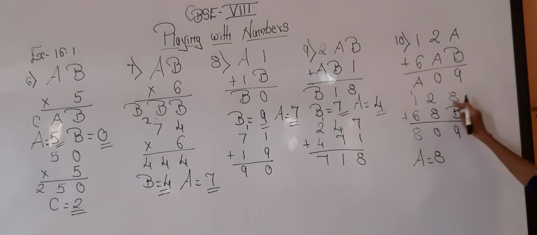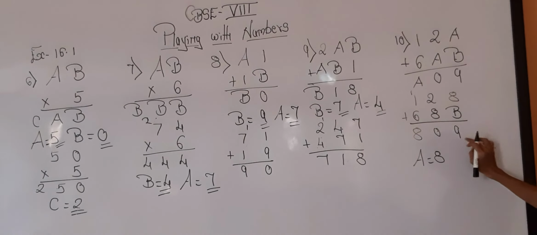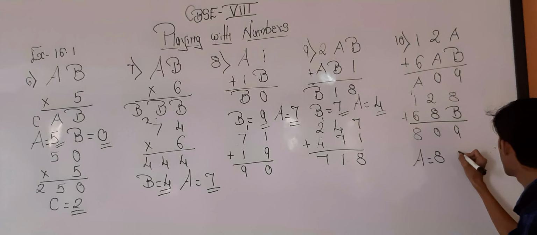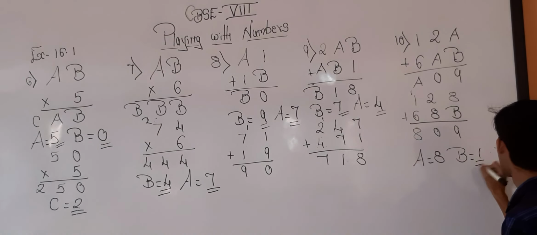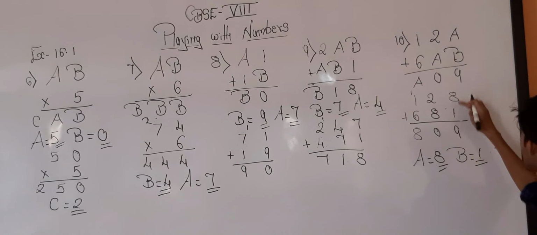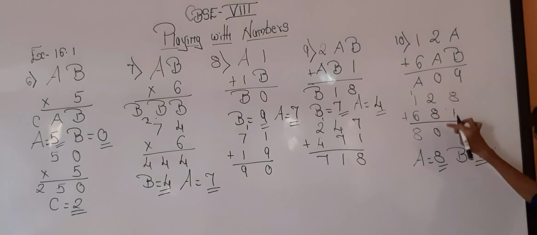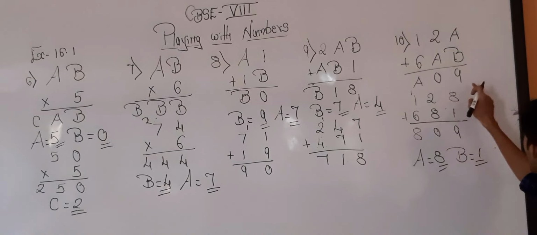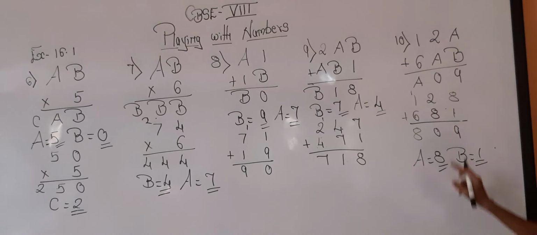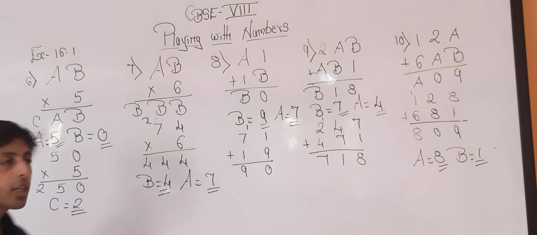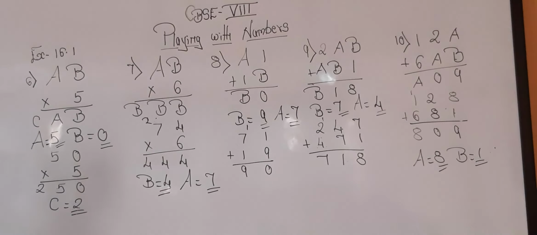Now, I want to find the value of B over here. Total is 9 over here. So, 9 minus 8, 1. Therefore, my B value will be equal to 1. So, if I am writing 1 instead of B over here, 8 plus 1, 9. 2 plus 8, 10. 0, 1 carry. 6 plus 1, 7. 7 plus 1, 8. All the A's are 8 over here. And my B value is equal to 1. Okay? Understood the exercise? Okay, so we will continue with exercise 16.2. Thank you, students.